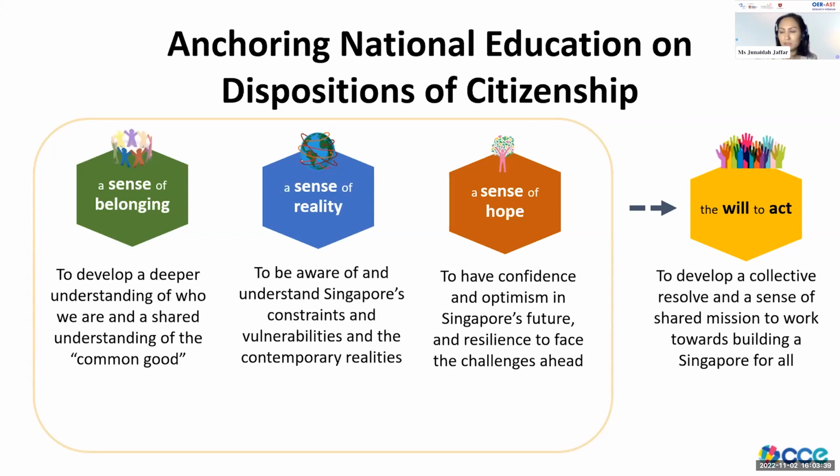Well, ultimately, these three dispositions need to result in a citizen who has a will to act. For Singapore to continue to thrive, our young people need to develop a collective resolve and a sense of shared mission to work towards building a Singapore for all. With a strong sense of belonging, reality, and hope, they are more likely to be motivated to be active